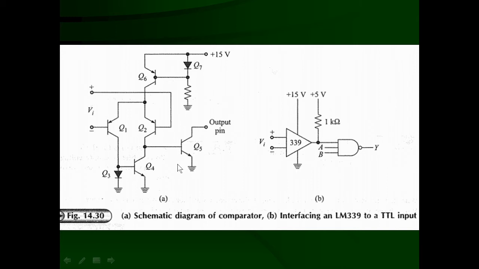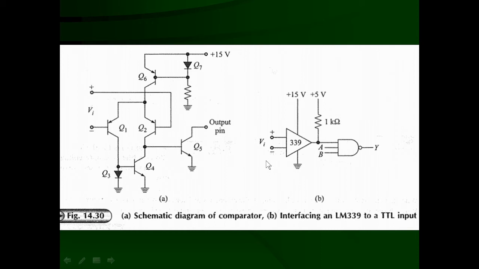We'll see that the base emitter junction of transistor Q4 is forward bias, so it will provide the base current, and transistor Q4 will be a closed switch, or it is on, and the current is passing through this 1 kilo ohm through the transistor Q5 to the ground, and it can sink up to a maximum of 1.6 milliampere current, which is sourced by the TTL input, no problem. And the output of this one is going to be only 0 volt, which is well within the requirement of the TTL input when the TTL input is low.